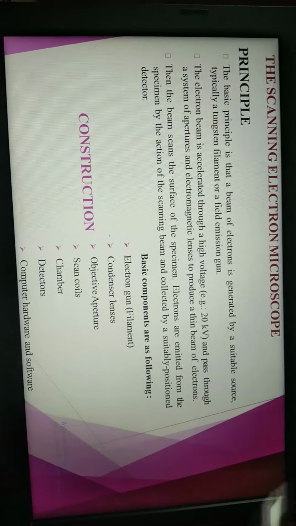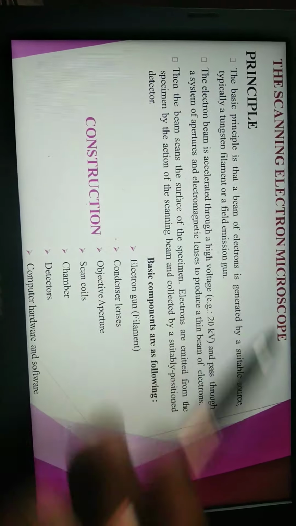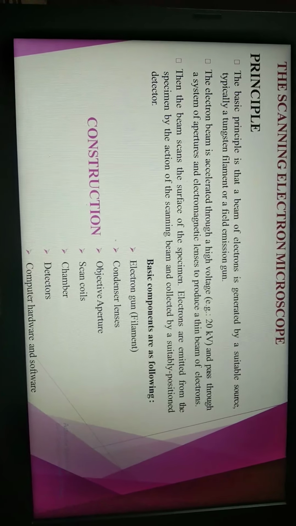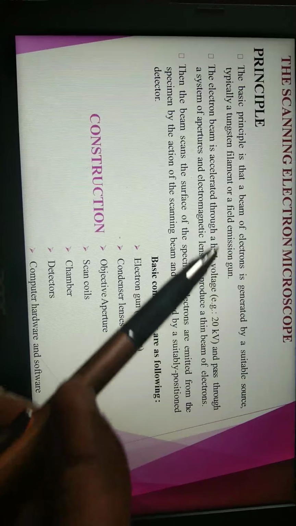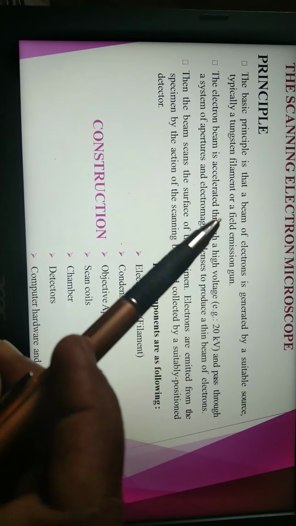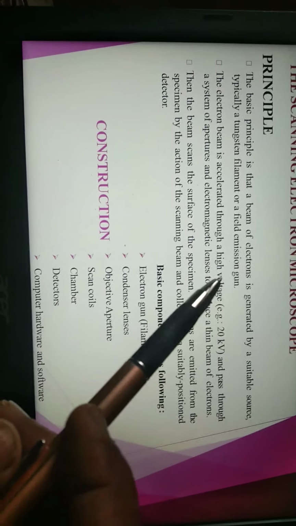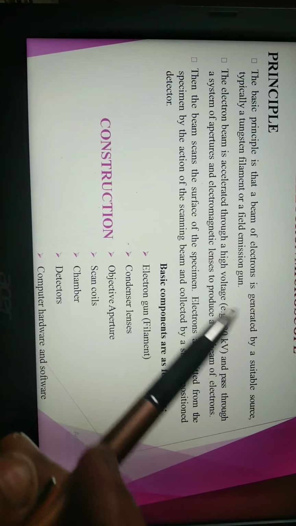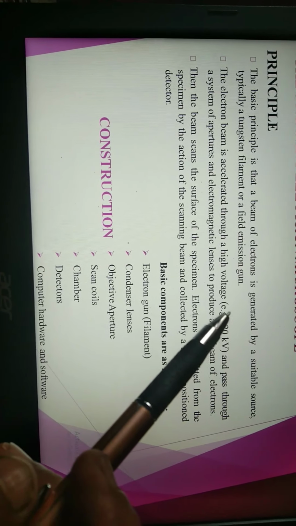Hello class, today we will study the scanning electron microscope technique. This technique works on the principle that the electron beam is provided by the electron gun, by heating of the filament, and then the electrons are attracted towards the anode. From the anode they are focused in the form of a thin beam of electrons to the condenser lenses, and through